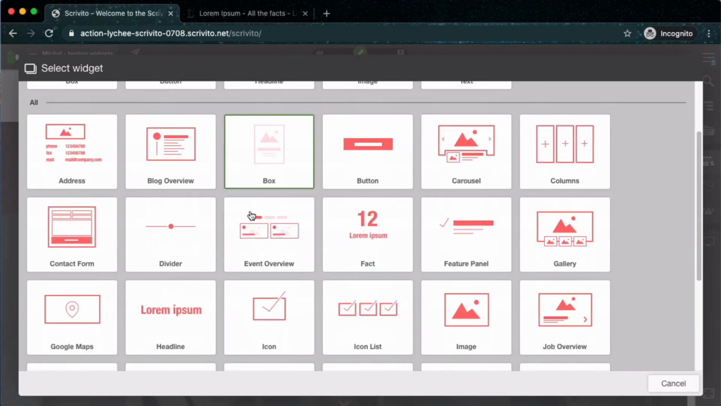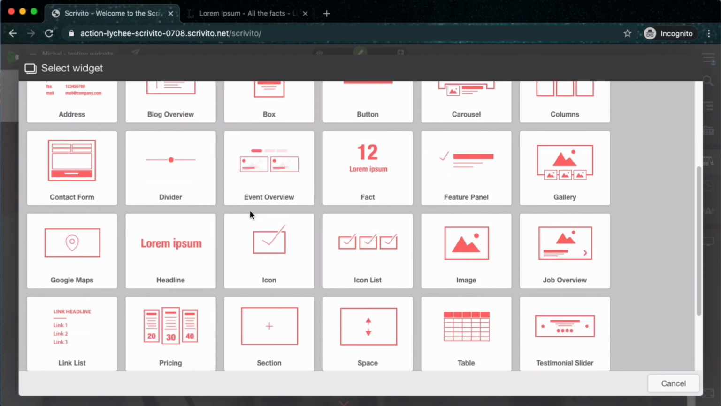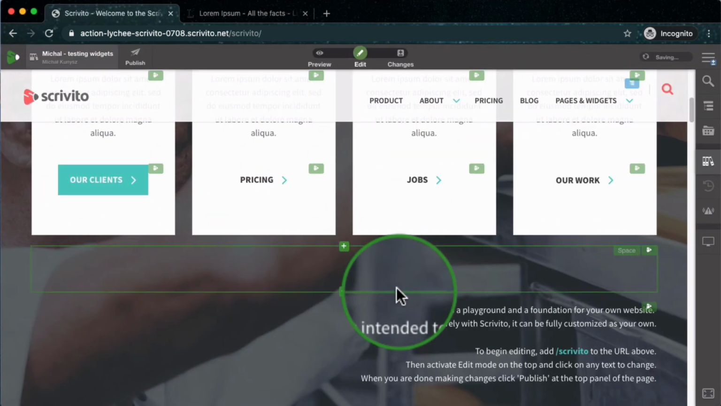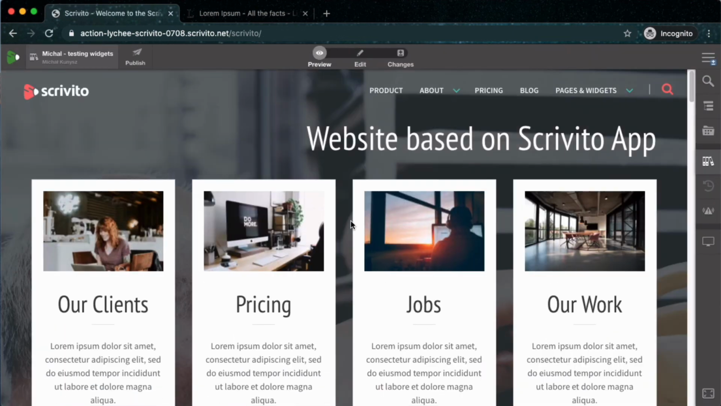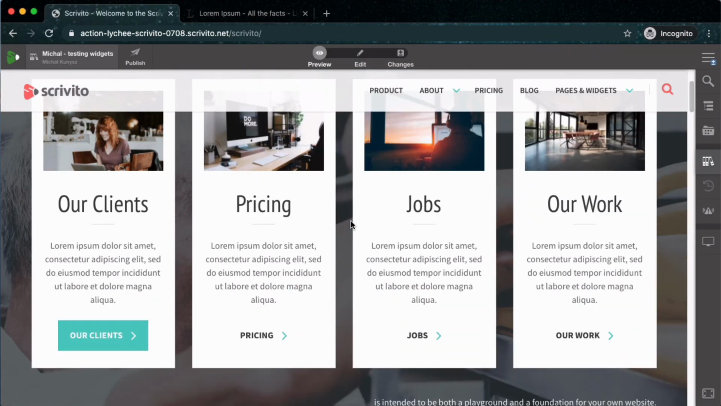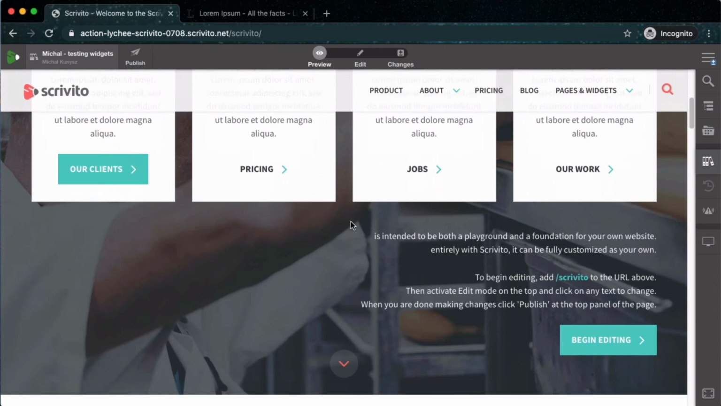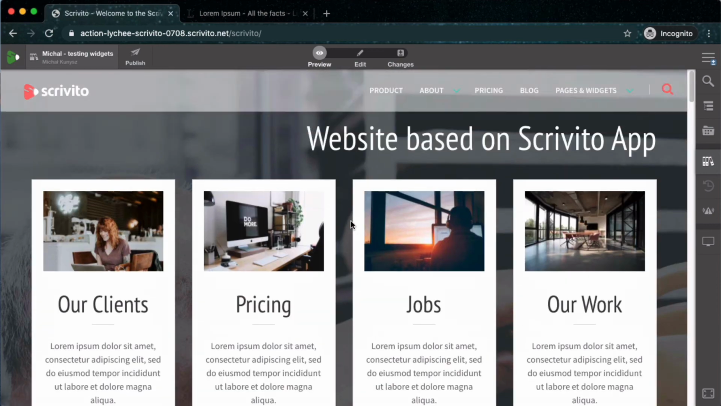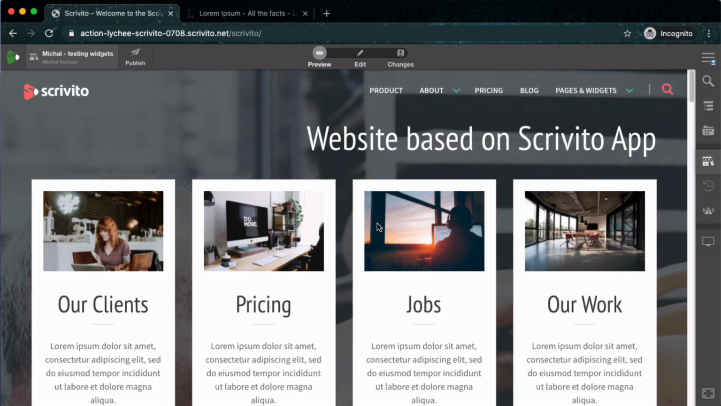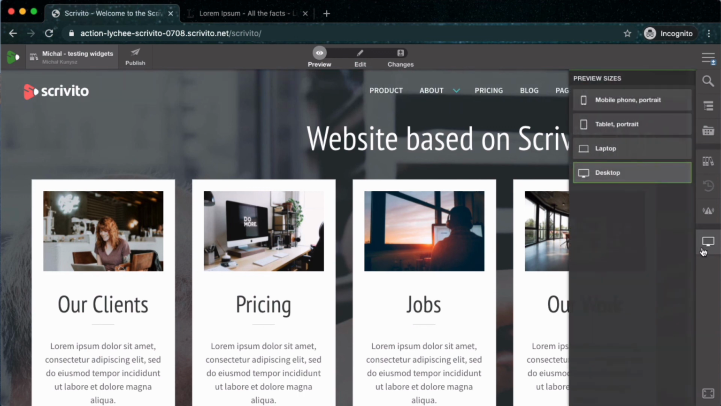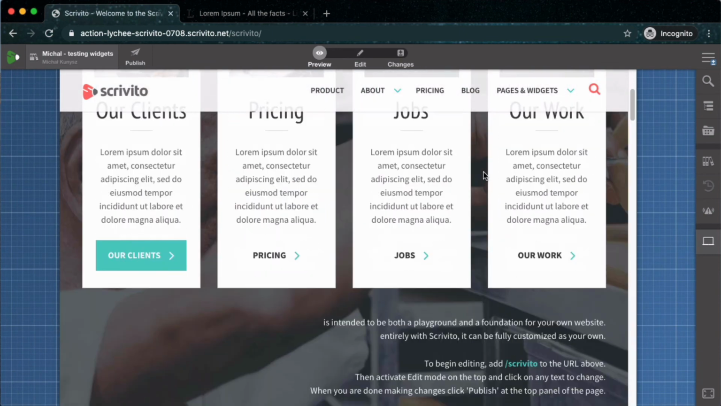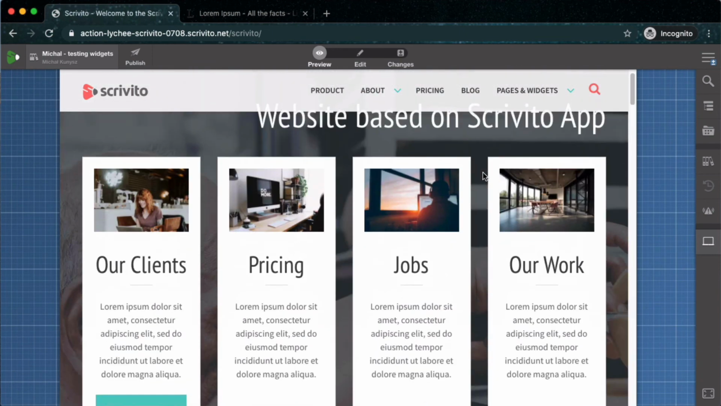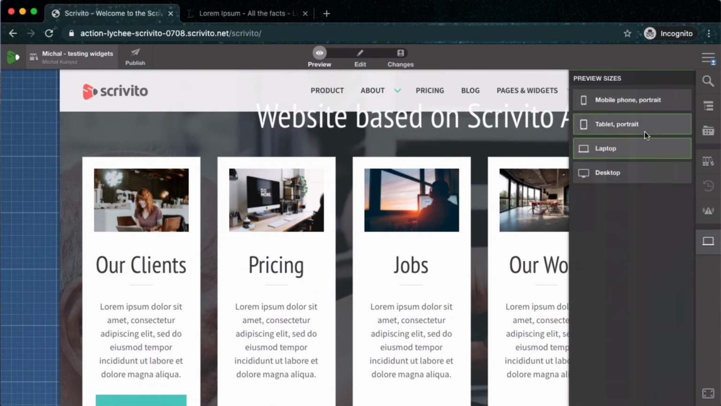We can add another widget that is very commonly used, it's a space. And now let's go to preview. And it's much better. That's what we wanted to do today. Another thing that we want to do before we publish the changes is to see how it looks on different screen sizes. Laptop, everything is fine. Tablet,